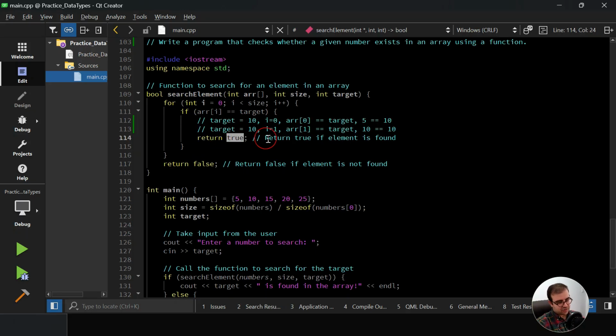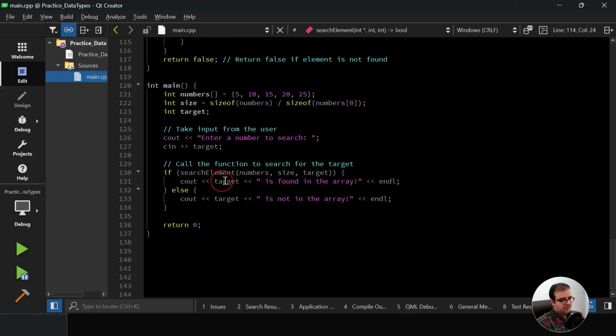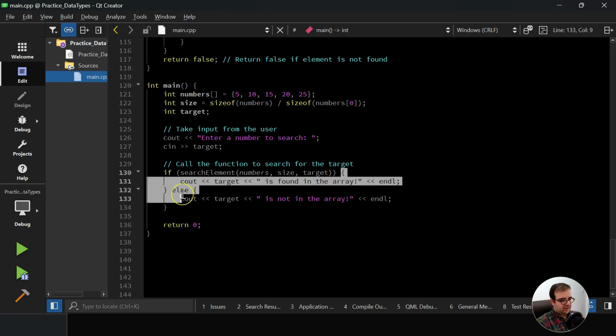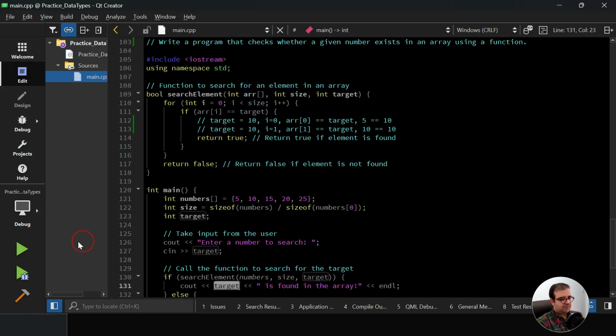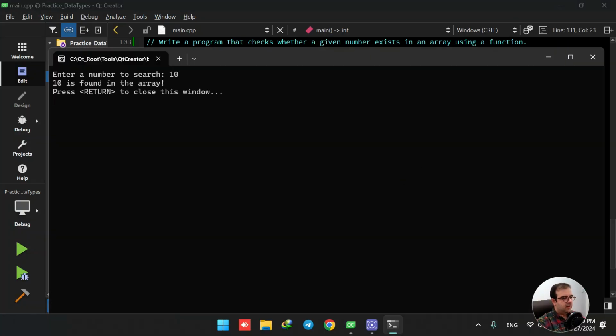When it returns true, the work of the function is done, it's finished. And here it is simply mentioning that, okay, target value is found in the array. Because when it returns true, this if statement becomes true, and then it enters this part, and when it enters this part, it's going to print it. So let me just choose the input target value to be 10. Okay, it says that 10 is found in the array. So basically, this is how we did the